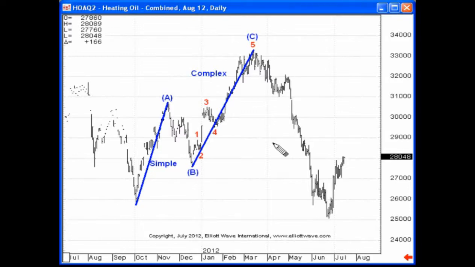For again, if wave 2 is a zigzag, you can look for wave 4 to most likely be a flat or a triangle. If you're dealing with a corrective wave pattern, either a wave 2 or wave 4, and you see that wave A is a clearly subdivided 5-wave structure, well, then you know what to